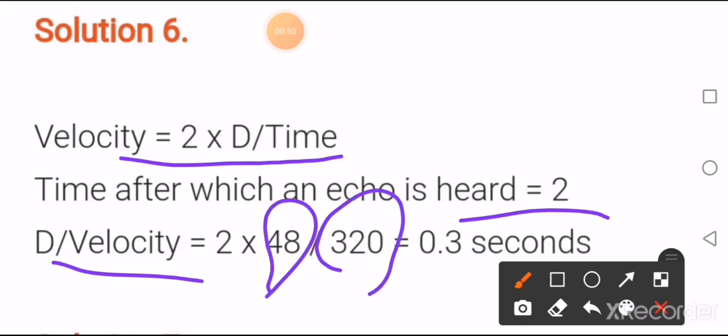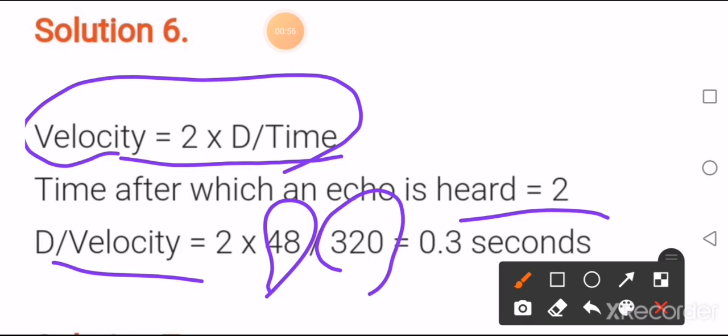So this exercise numerical is going to be very easy, nothing in this, you have only one equation. See upcoming chapters or your previous chapters, you have a lot of equations, isn't it? So in this exercise you have only one equation. You have to be a little bit careful with the conditions for echo, nothing else. All equations are the same, no multiple equations, only one equation.